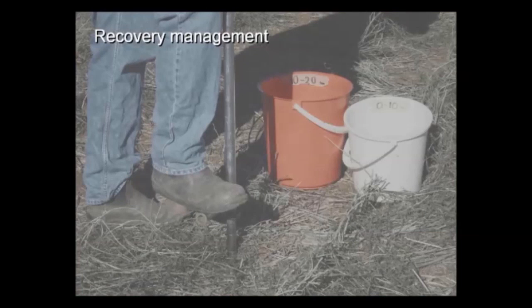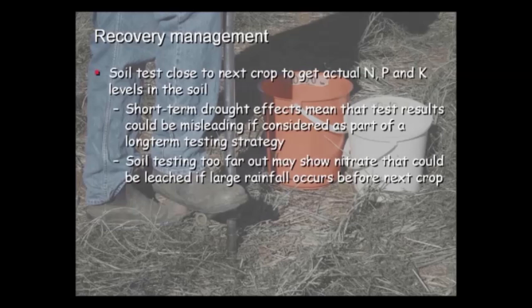So just a little bit now about recovery management. Soil testing is important after a drought because we need to really get a handle on what's actually there in terms of N, P and K levels in the soil. As we've seen, particularly N can be quite a bit different from what you'd normally expect. So you might be able to reduce the fertiliser that's going to be required. And it's similar with phosphorus. The actual amount that you need to put on for the coming crop may need to be reduced a little bit,